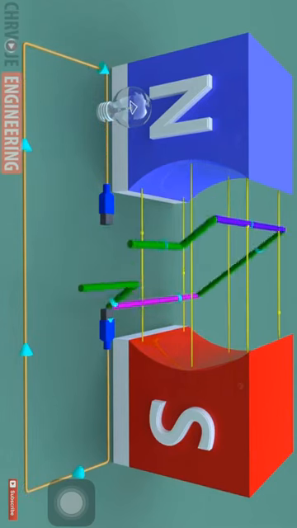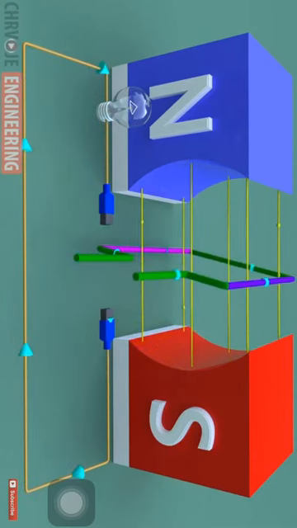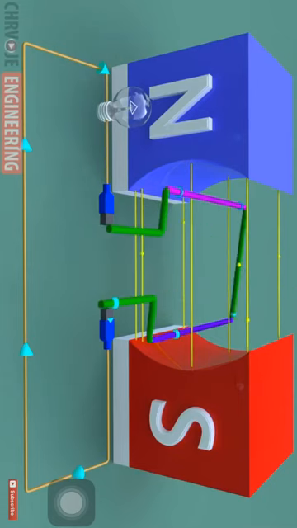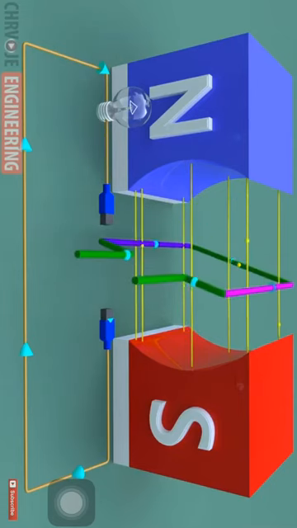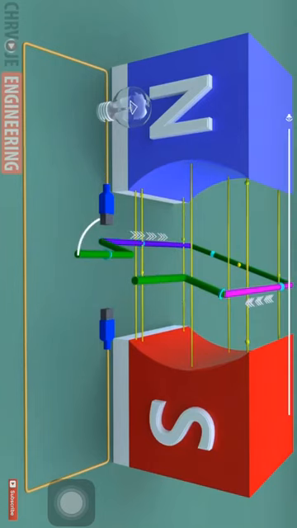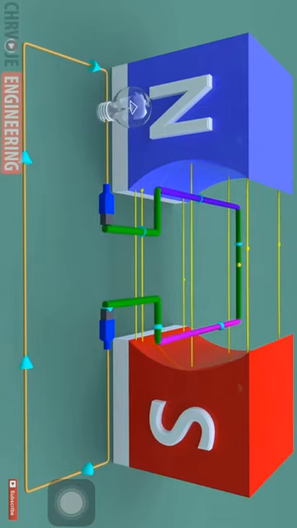But when the coil rotates, you can see that when the coil comes to this position, the direction of the current changes. If we want to keep the current in the same direction, we must have this brush in contact with this wire, right? And then again, when the coil comes to this position, again the direction of the current changes, and again we want this brush to come in contact with this wire. Probably we already learned that for every half rotation we must change contacts between brushes and wires.